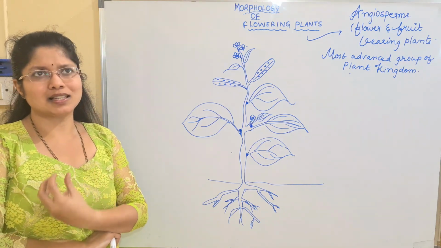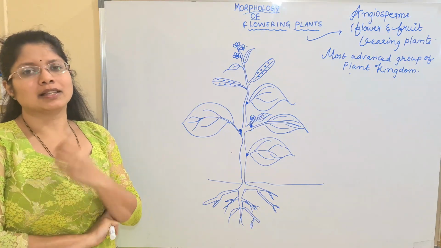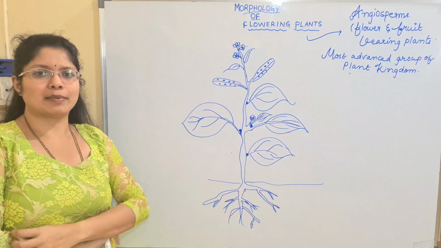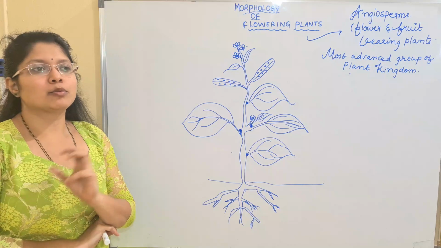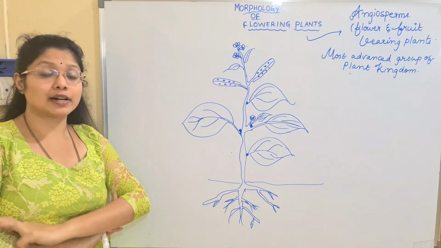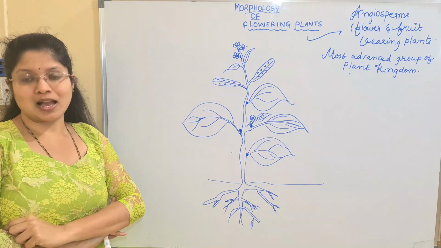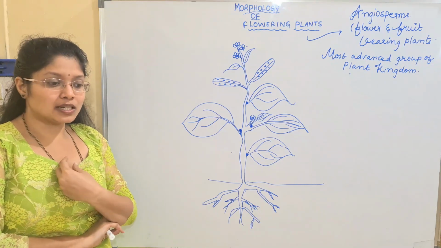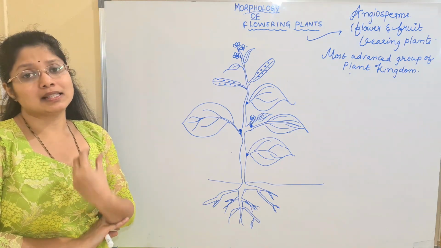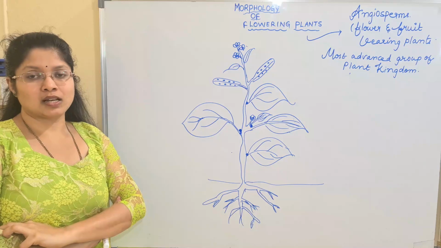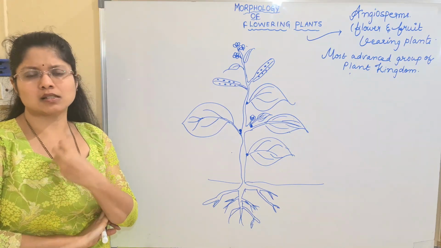Then what about the angiosperms? Where can you see these angiosperms? Angiosperms are cosmopolitan in distribution. They live in different types of habitats. They have a vast diversity, like insects. So mainly both these have a certain kind of relationship. Both have evolved during the Cretaceous period, and hence the relationship between these angiospermic plants and the insects is very special. The angiospermic plants and the insects are said to be the best symbionts.